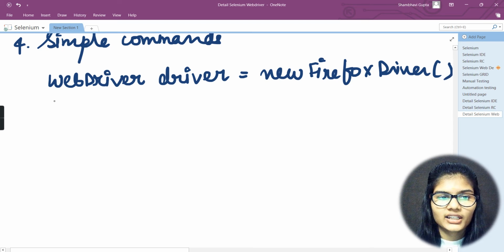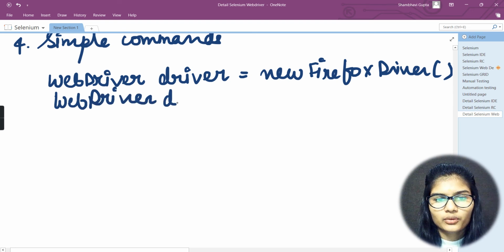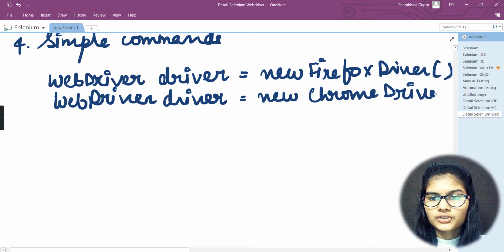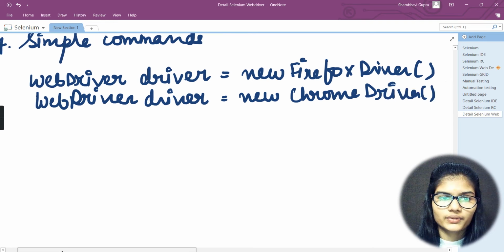Next again we'll have WebDriver driver equal to new ChromeDriver. One second, I will write that clearly. WebDriver driver equal to new ChromeDriver. So this is the command used for accessing the Chrome driver, for the Chrome browser.